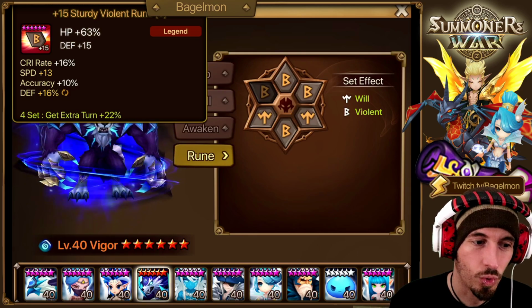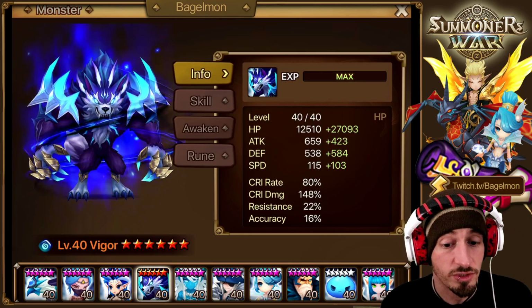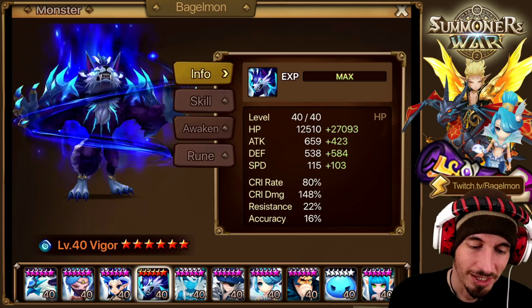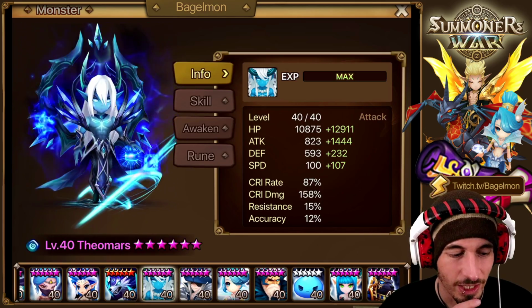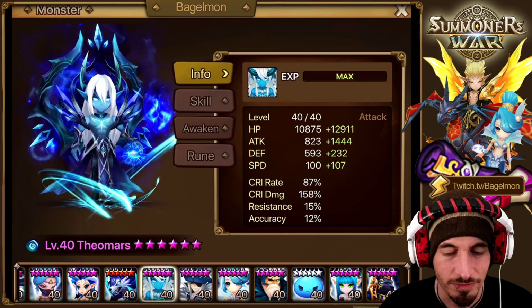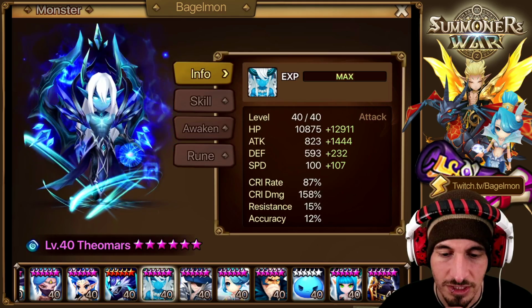Yeah, but he doesn't have a whole lot of speed on these runes. So he's got speed on slot 2, but he still has 40,000 HP. So it's a pretty nice Vigor. So then we have Theomars. So Theomars has got to be on Violent and either Revenge or Will or something like that. And looks like he's on